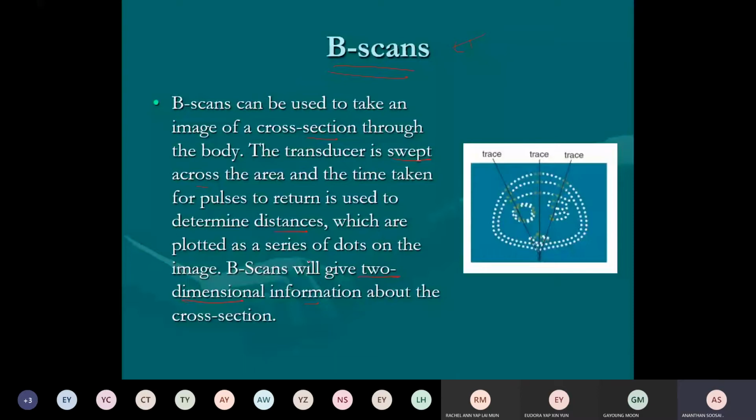Keywords are A scan, B scan. What is the difference? A scan is 1D, B scan is 2D. A scan only tells the depth. B scan is made of a series of A scans, and it can show the layout of the boundary. It can show the pattern of the boundary, what it looks like. You can get it from the B scan. So in the exam, they will ask you to differentiate A scan and B scan. So A scan is 1D, only gives depth information. B scan is 2D, made through a combination of a series of A scans together, and it shows the layout of the boundary.